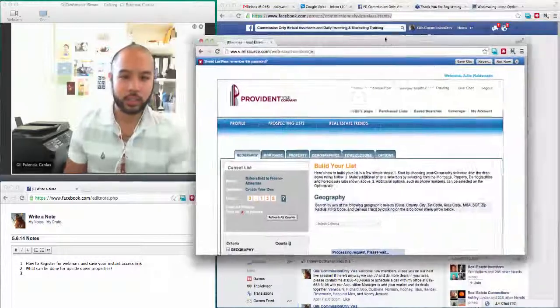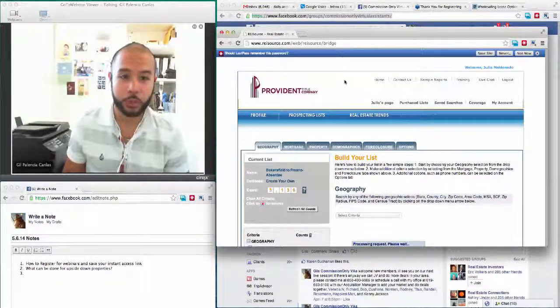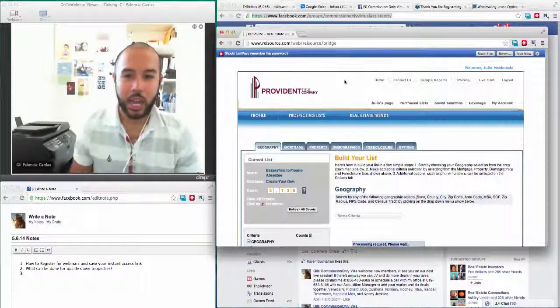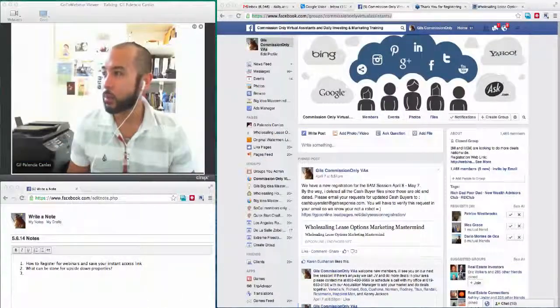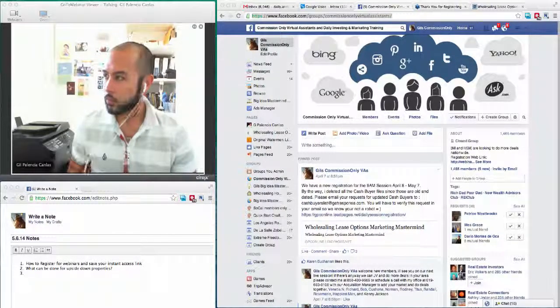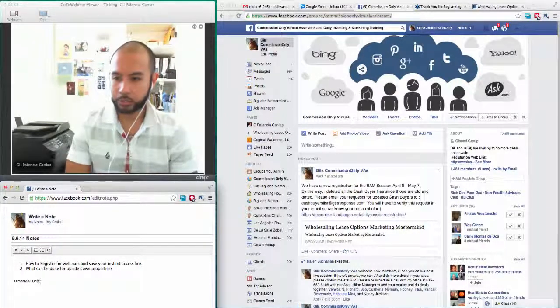Right, so the ones who asked the question last week about which list source we are going to be buying from this time around, I'm actually purchasing it from reisource.com. Now, there are 3,136 in our target market, okay? And this is the criteria that I used, so that you know, the direct mail criteria.